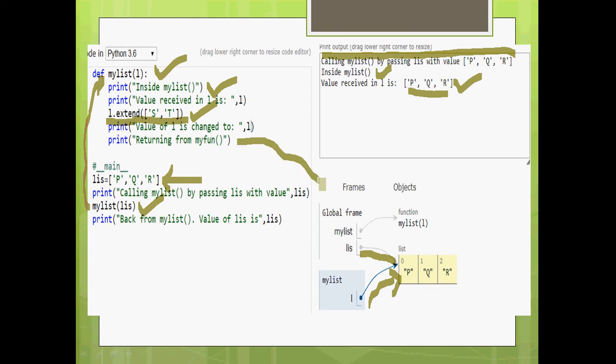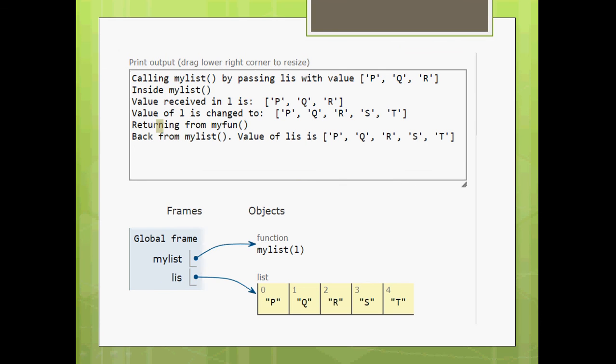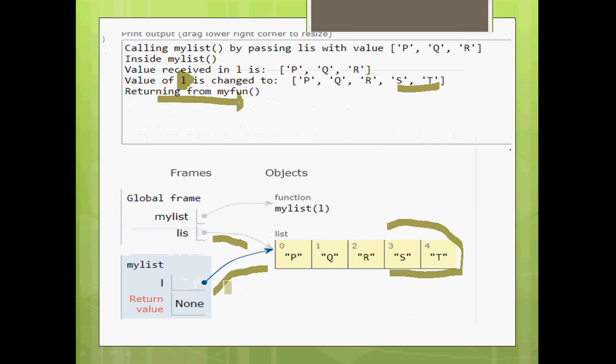After returning, it goes to the statement just after the function call, because this statement has been completed. This particular calling statement has been completed. There's nothing else to do there. So once returned, we'll go to the next statement, which is back from myList. Value of the list is, look at this very carefully. Now we are back from myList, which is a function. Then value of list, you can see that the same list